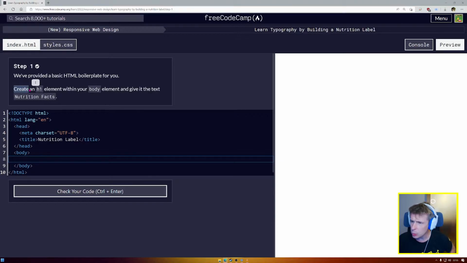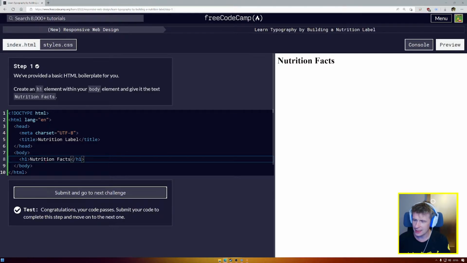Create an H1 element within your body element and give it the text nutrition facts. Seems easy enough. I use tab to indent myself over, open my H1 tag and make a typo straight away. And we're going to type in here nutrition facts, and then we'll close our H1 tag. So let's press Control and Enter, and indeed we have passed that, so we can move on to the next